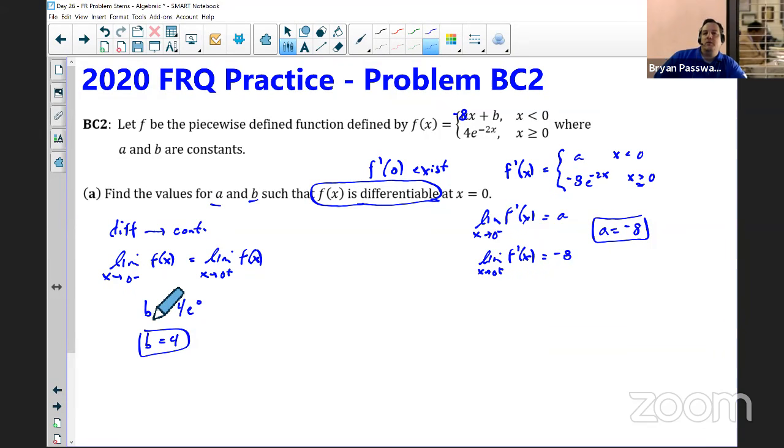So the key here was when something is differentiable, the limit of the derivatives have to match up, but also the limit of the original function has to match up, because if you're differentiable, we know you have to be continuous. Now that statement doesn't work the other way, right? If something's continuous, that doesn't guarantee that it's going to be differentiable. But since we started with differentiable, we were able to work back to that piece of continuity. So let's take another